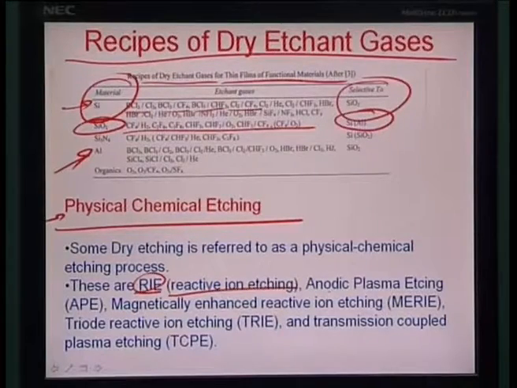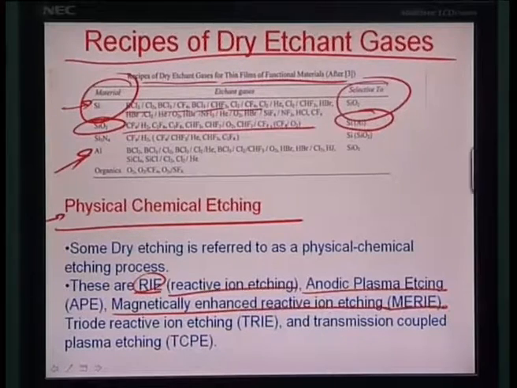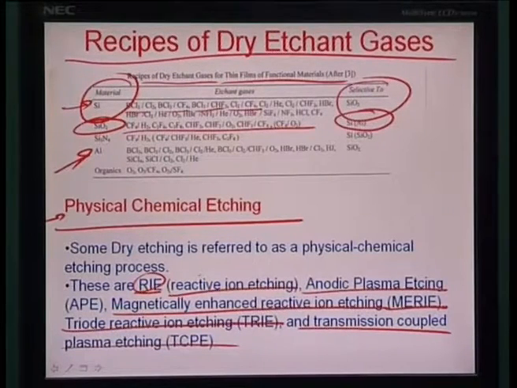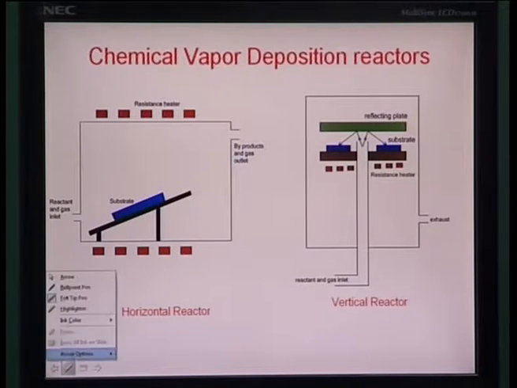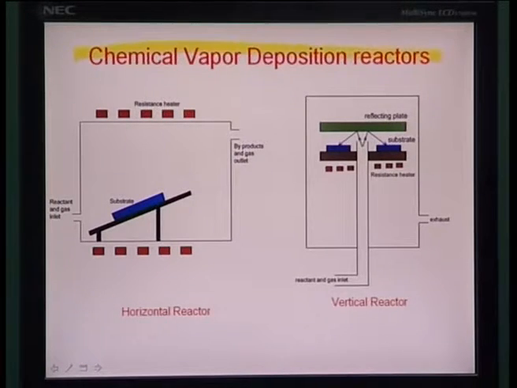Based on these RIE processes, there are different kinds of sub-processes like anodic plasma etching, magnetically enhanced reactive ion etching (MERIE), triode reactive ion etching (TRIE), and transformer coupled plasma etching (TCPE). So, there are different kinds of reactive ion etching processes that one may think of in the physical-chemical etching area. Some of the other important processes which are used are chemical vapor deposition reactors, where chemical etching can